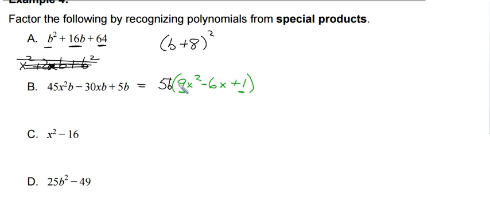And so now I need to ask myself, if I do the square root of these, I'm going to just come over to the side, I would have 3x plus 1, or actually I need to put a minus because of this here. If I multiply them together and double, do I get this? And the answer is yes. So I can rewrite this whole thing as 5b times 3x minus 1 squared. Okay? I know it's kind of a stretch when you look at this to think that you're going to be dealing with one of these special products,